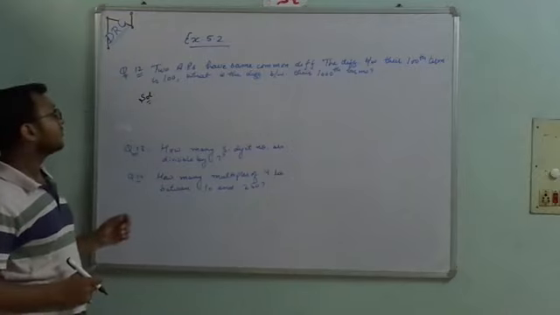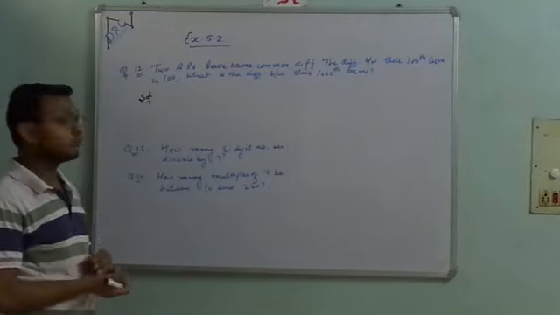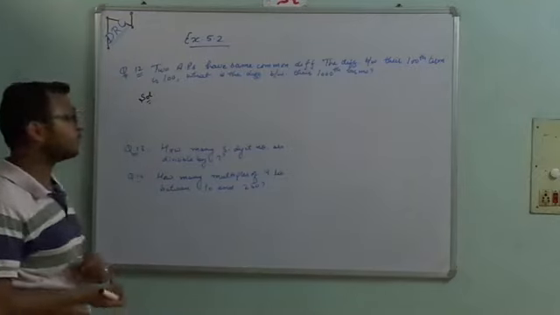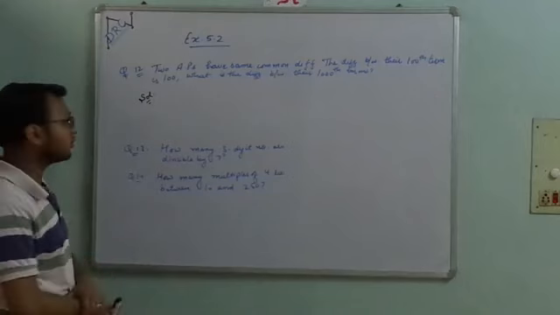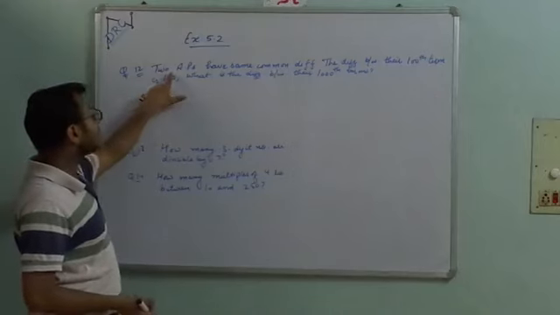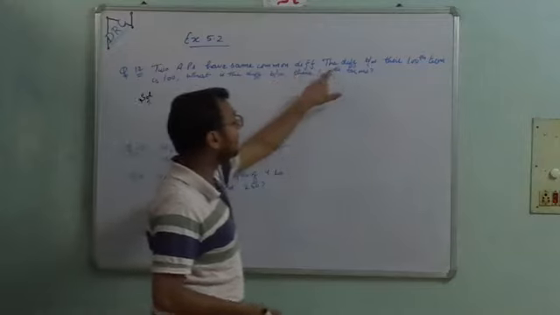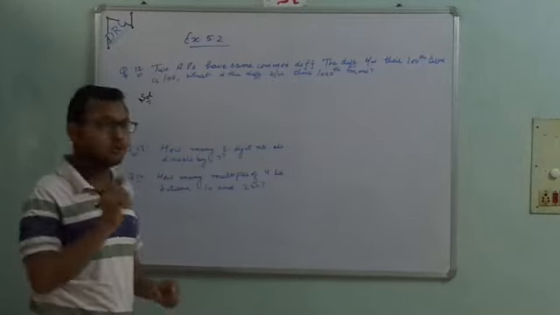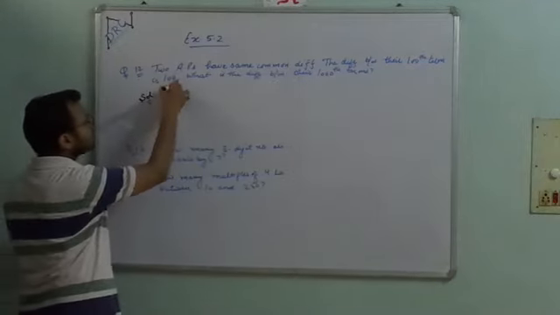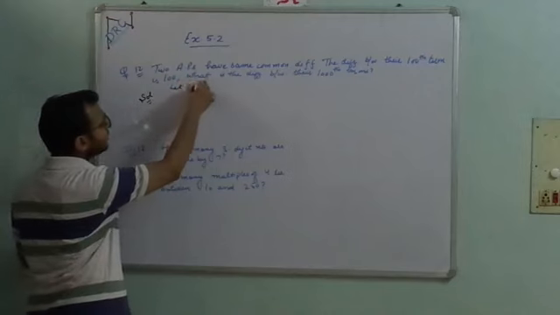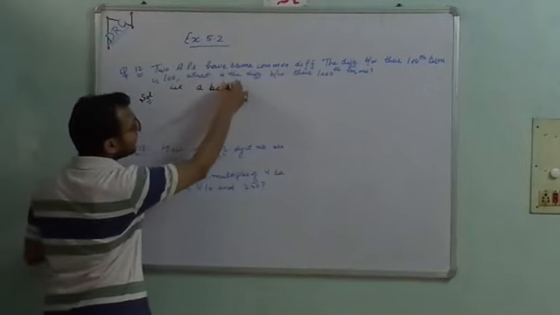Okay. So in exercise 5.2, the first question of today's class is question number 12. In question number 12, it is given that two APs have the same common difference. So we have two APs. Same common difference. So firstly, I assume let